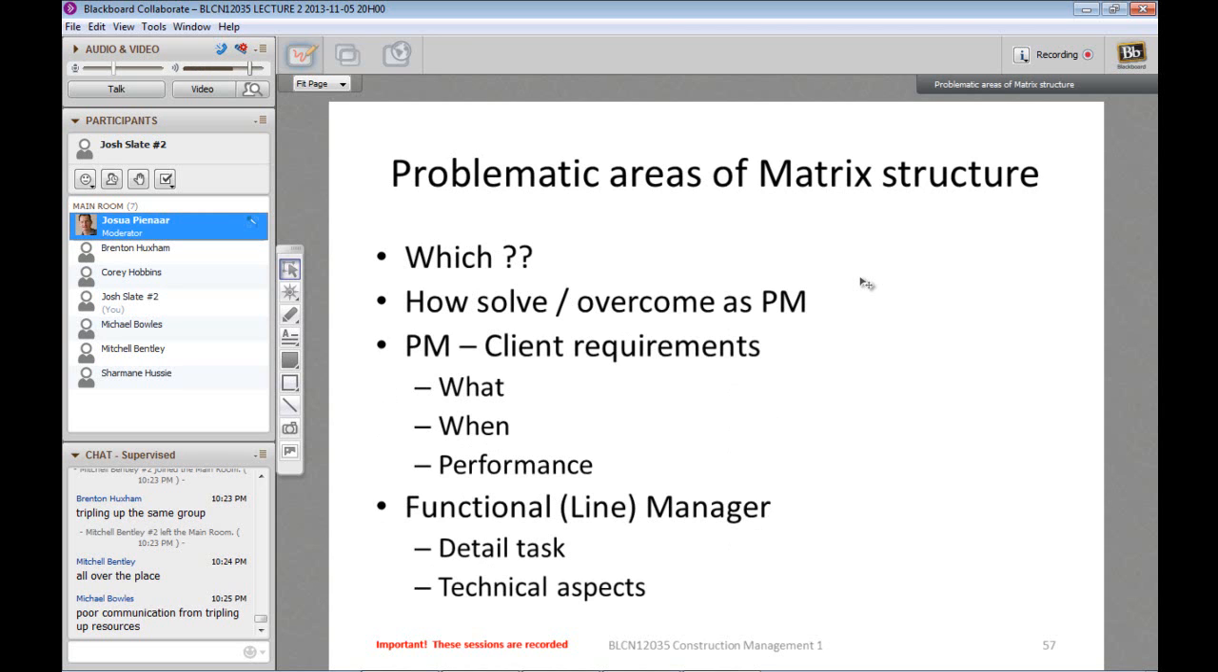So the areas where we run into problems with a matrix structure is, of course, communication, and who is responsible for what, which project manager is going to do what, what responsibility is going to be assigned to which project manager, and of course, how do we decide what the requirements are in terms of resources, when are we going to share it, who gets preference to it, what's the performance going to be like, can we take a resource off a single project and take it onto another one, which one is more